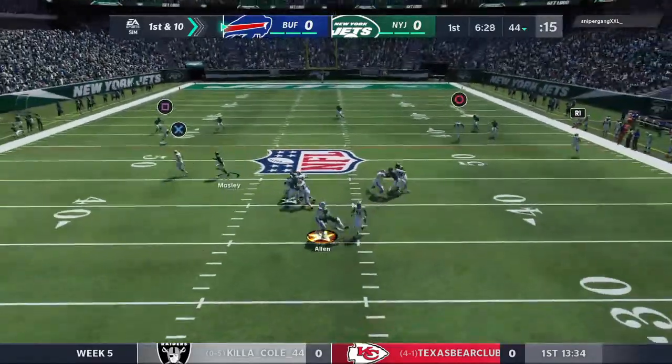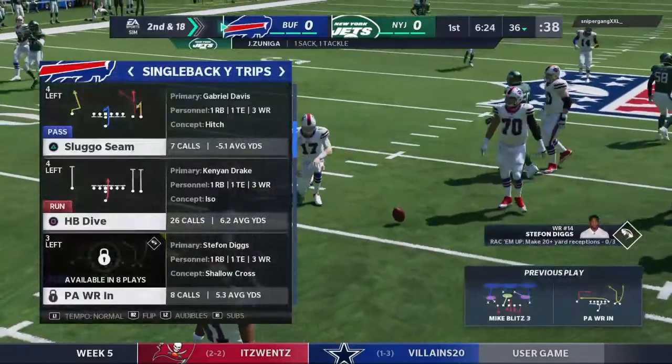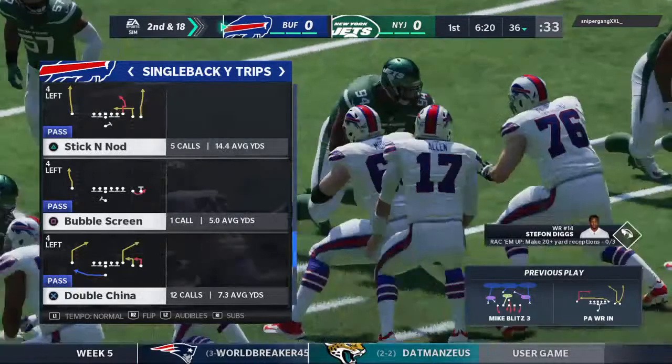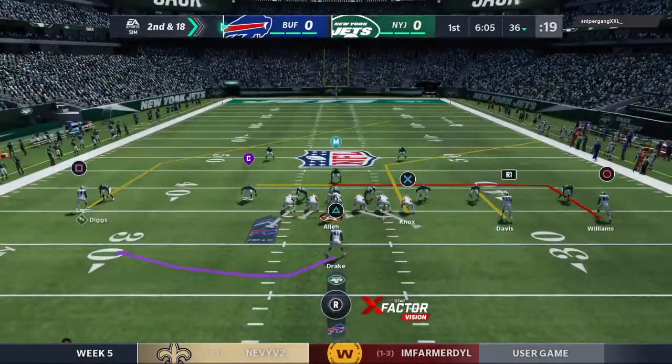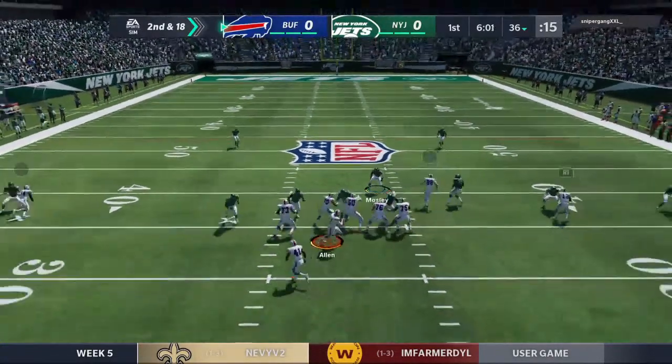On play action, Allen under a heavy rush, and down he goes. Jabari Zuniga. The blitz works to perfection as he gets in there to dump him for a loss of 8. Got to imagine the pass rush will be equally intense here on 2nd down following the sack. It's 2nd and